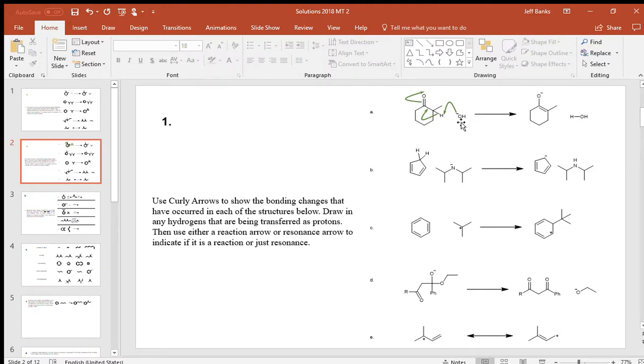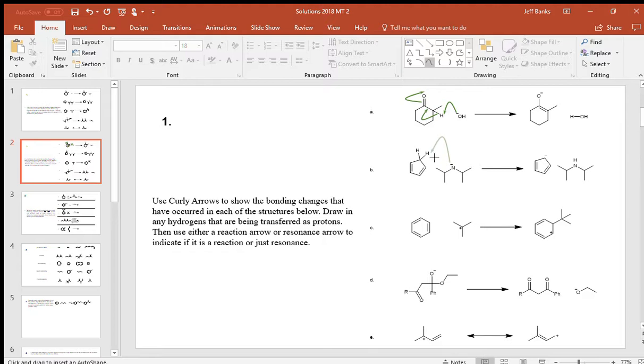So all we're doing with these curly arrows is showing the electron movements or changes that have to occur to explain the bonding changes that have to occur. We have an acid-base reaction, but we're pulling off this proton, and then we get a bunch of bonds change that follows it. And we can do the same thing for the rest of